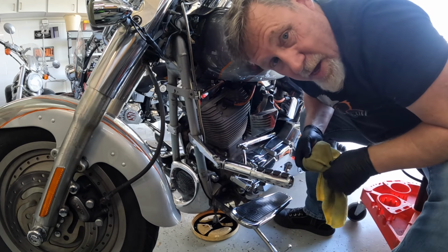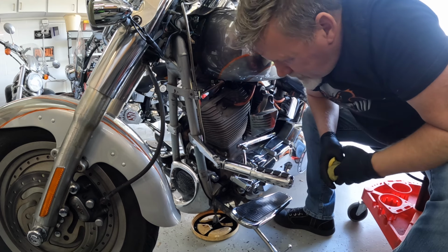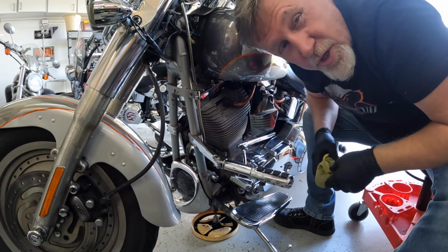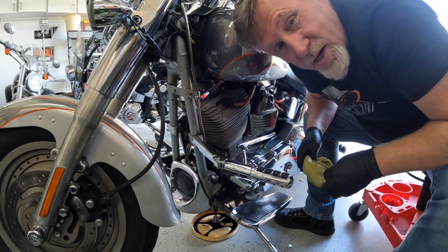Don't go cranking it down. You'll never get it back off. But a little tighter never hurt anybody. Anyway, that's it. Filter's changed. We'll go put the drain plug in, fill it up with oil. And that, my friends,